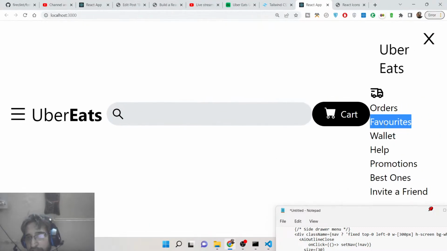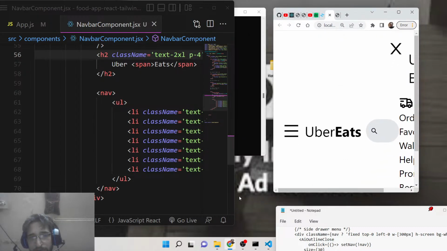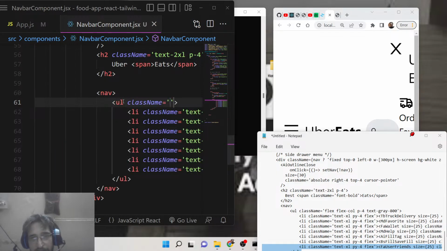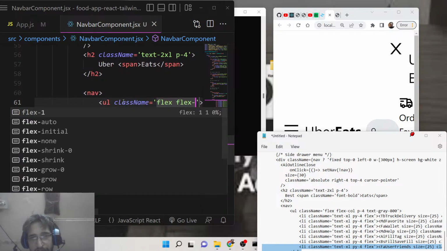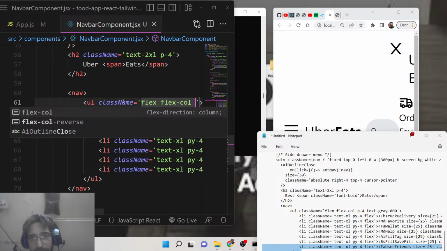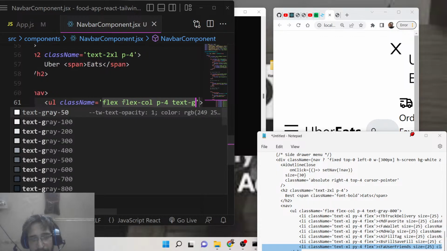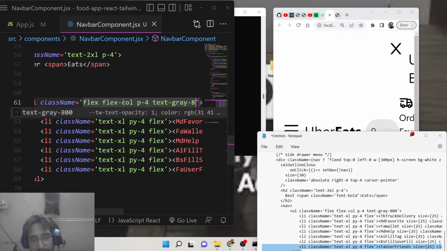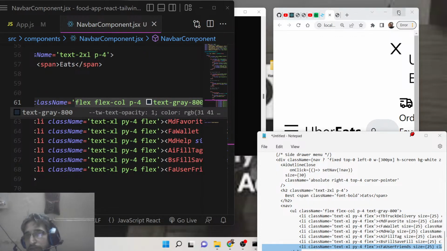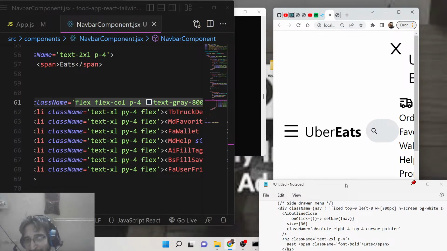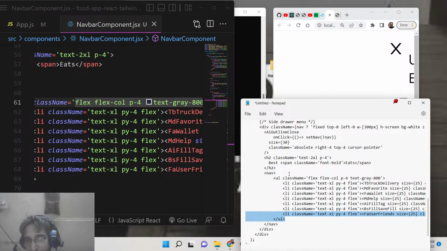If you see, these icons are not showing right now, but they will show. Just wait. We also need to give classes to the unordered list, which is className flex, flex column. We need to give padding 4, and we need to change the text color to gray 800 shade. If you do this now, nothing will be changed. So after this, guys, what we need to do is that